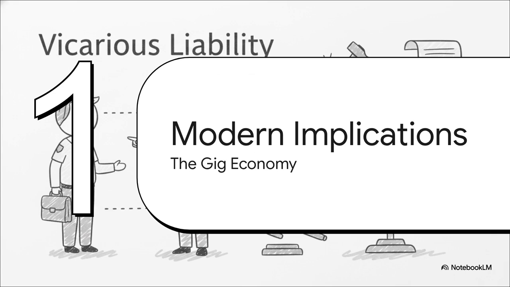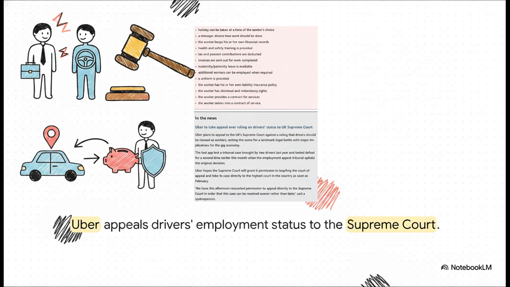Finally, Section 6, Modern Implications and the Gig Economy. You see these battles in the news all the time now. App-based companies like Uber heavily construct their business models on the claim that their workers are entirely self-employed independent contractors. Remember that Barclays case we put in our first table? That is exactly the independent contractor defense in action. By defining workers as strictly independent, these companies are trying to block any vicarious liability for accidents from passing up the chain to the corporate level.